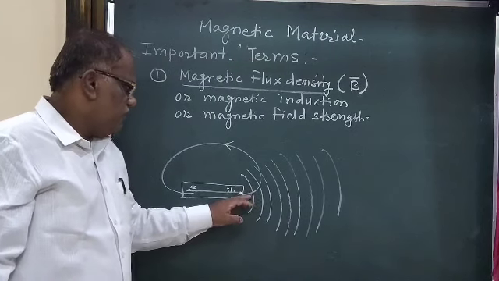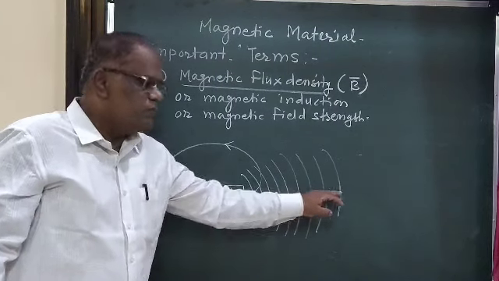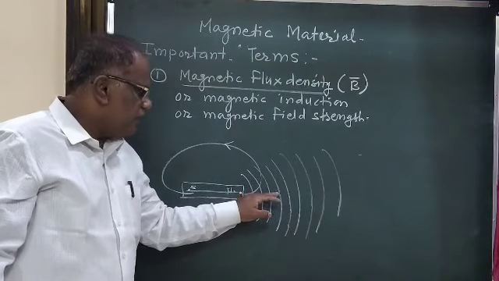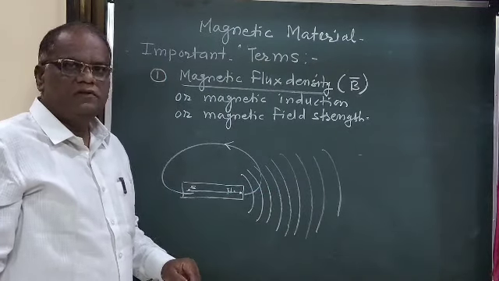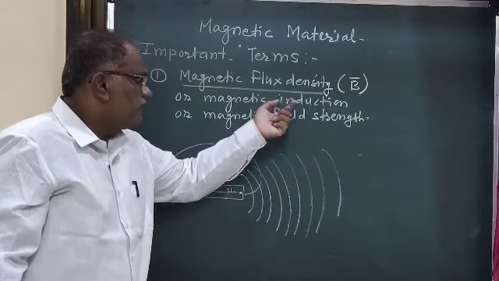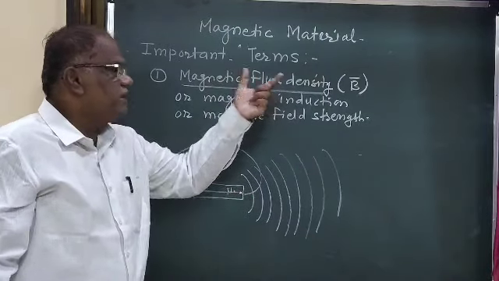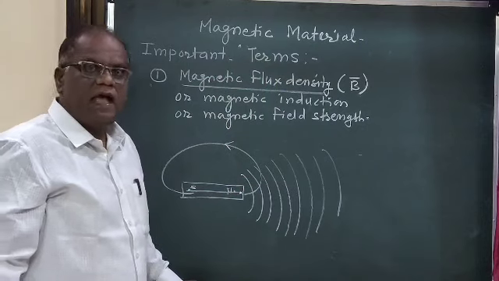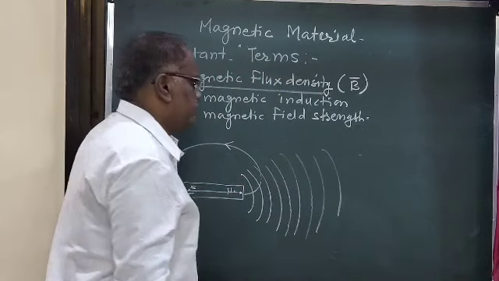That means at different points there is a different magnetic field strength, that is magnetic induction, that is magnetic flux density, and it is determined by its